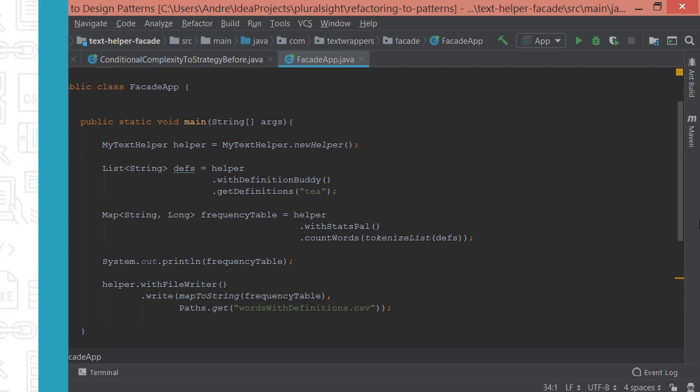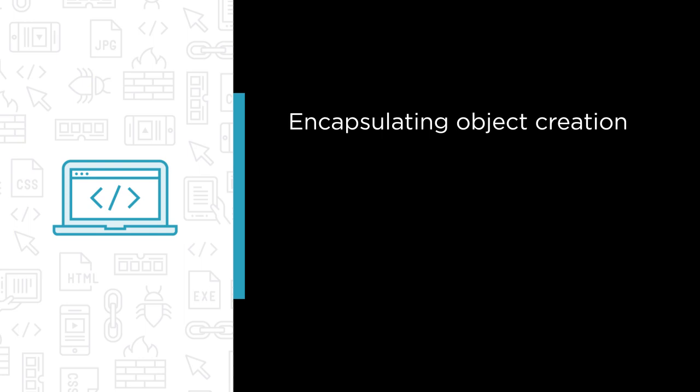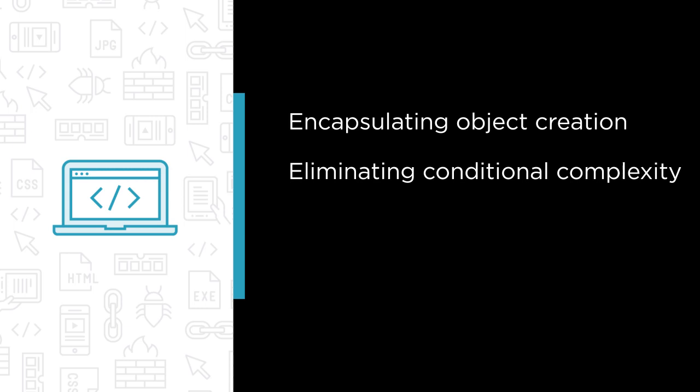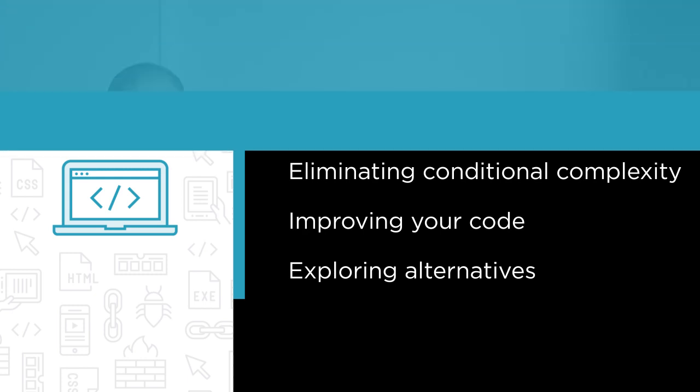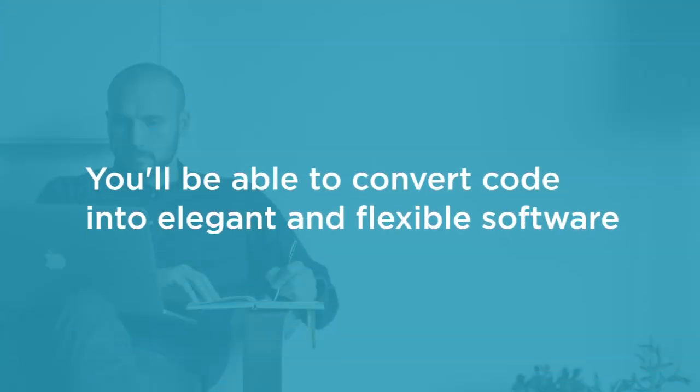Some of the major topics that we will cover include encapsulating object creation with factories, eliminating conditional complexity with behavioral patterns, improving your code with structural patterns, and exploring alternatives to object-oriented patterns in general. By the end of this course, you will have the ability to convert clunky and difficult to maintain code into